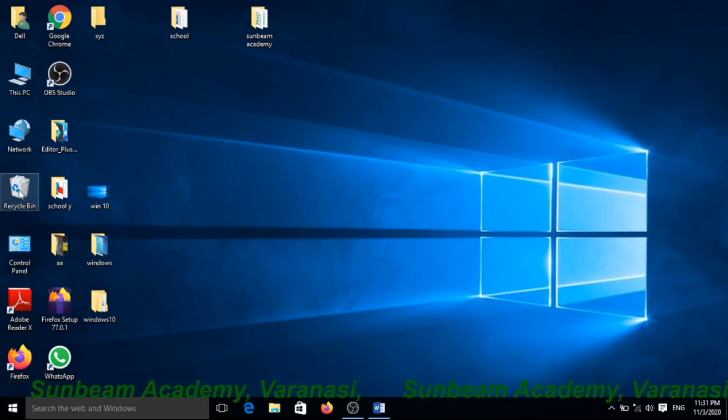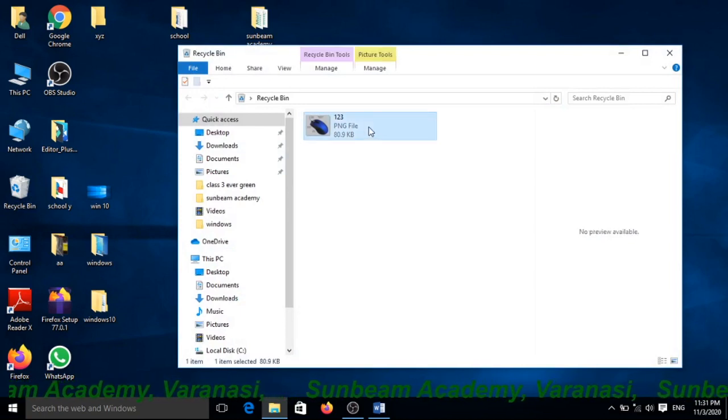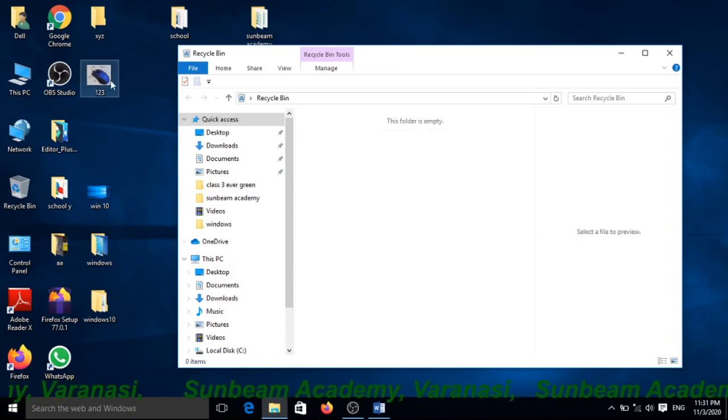You can find it in the recycle bin. If you want to restore this file, same process is there. Select that file which you want to restore and right click, an option will appear and choose the restore option. Yes, you can see here it is restored. The deleted file is restored here.